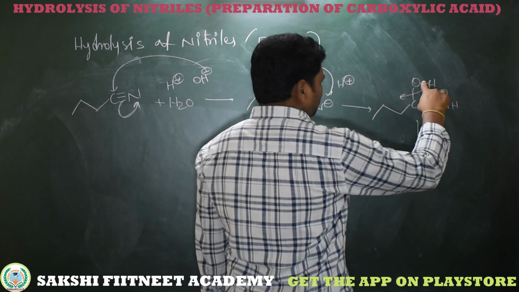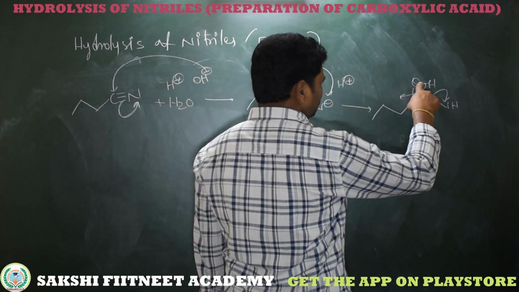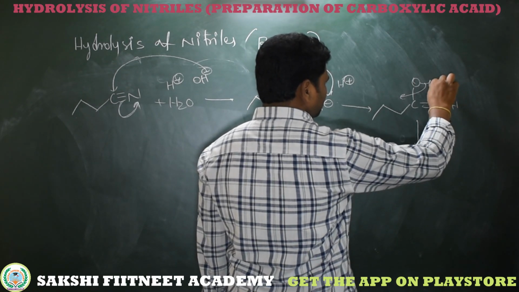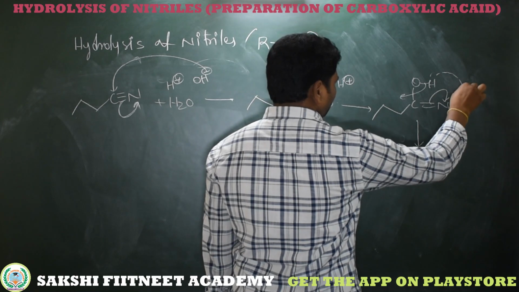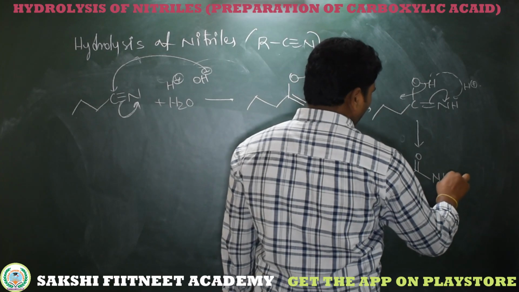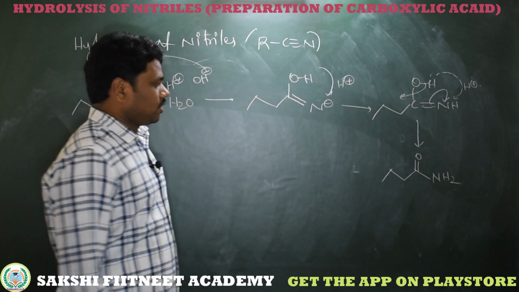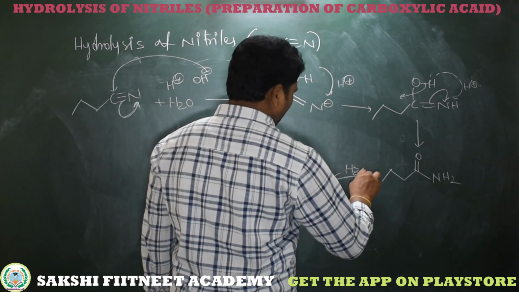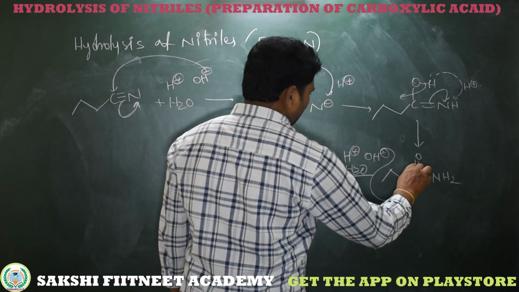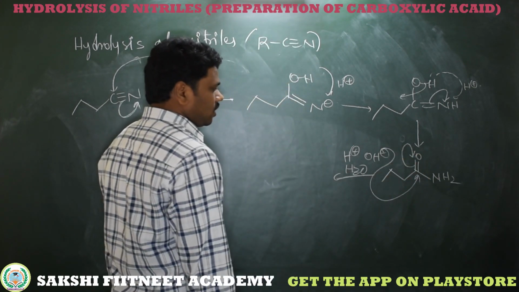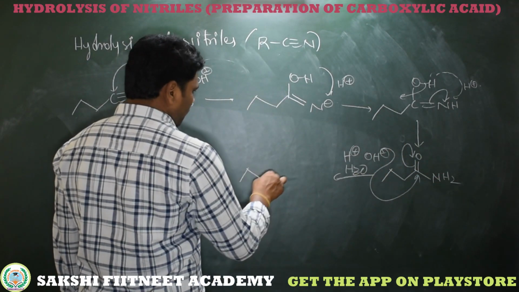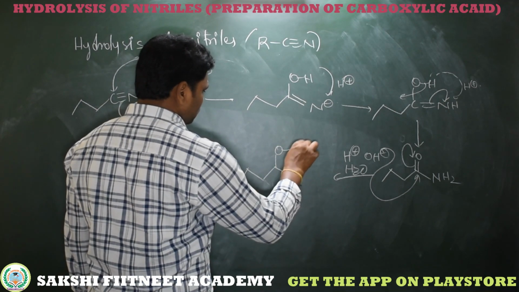So here OH gets converted into carbonyl. Your oxygen to hydrogen bond electrons shift here, the pi electrons shift to nitrogen. So this nitrogen gets minus, which is neutralized by H plus from here. We got an amide functional group. So on further hydrolysis, H plus OH minus attacks the carbonyl carbon, then pi electrons are shifted to the oxygen minus, this minus is neutralized by H, forming a sigma bond between oxygen and hydrogen.